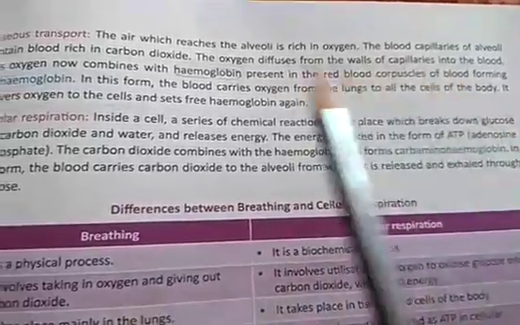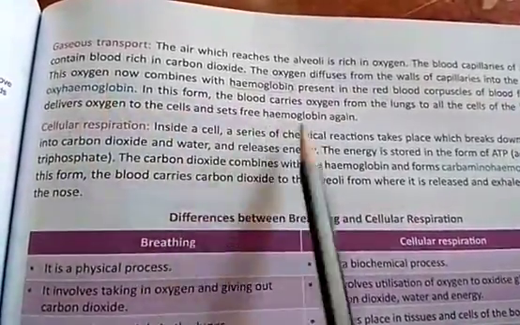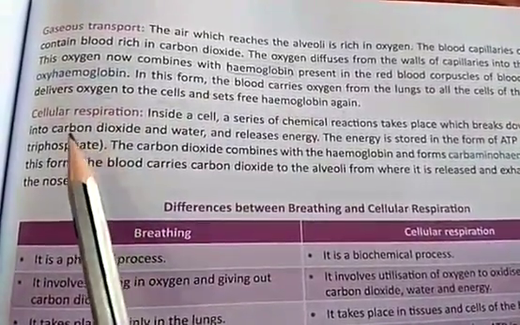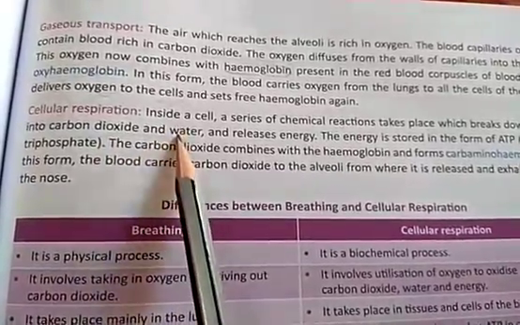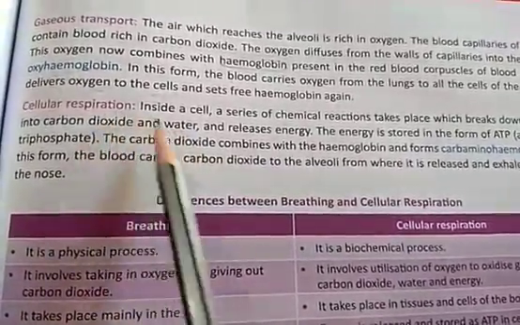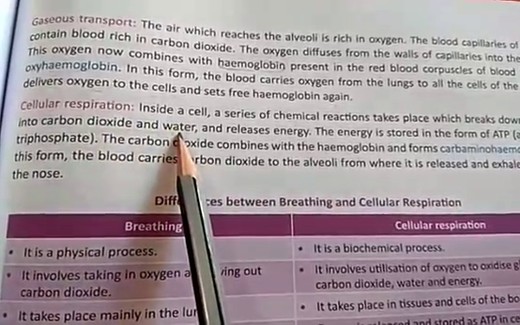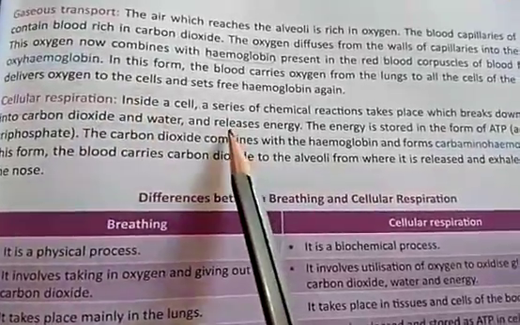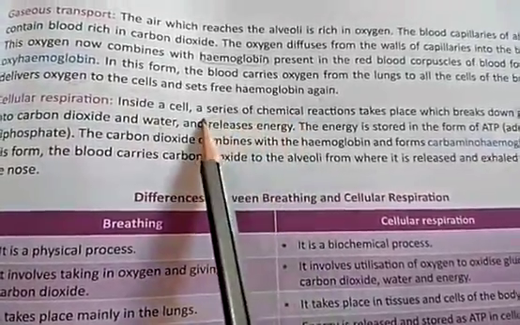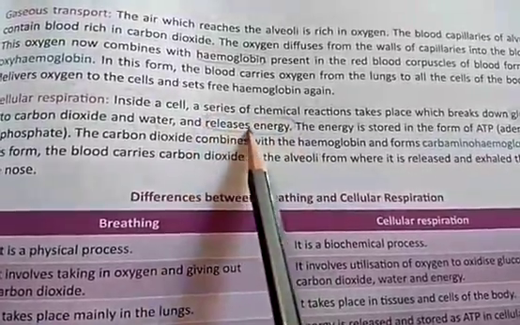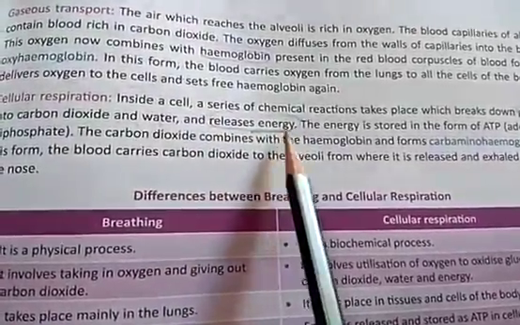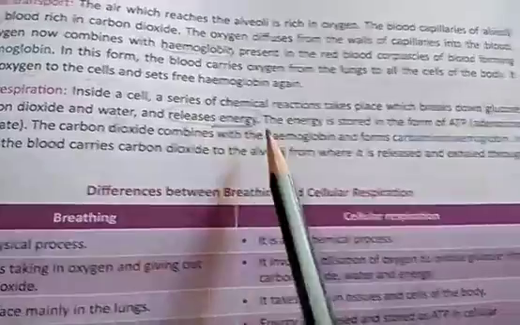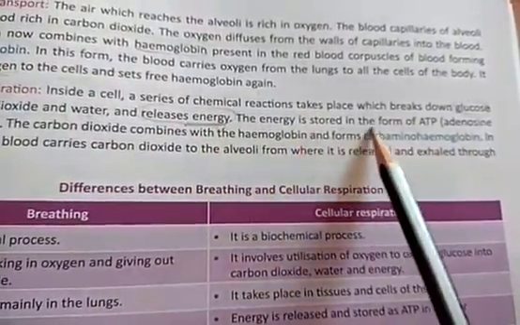So this glucose will react with the oxygen which we have taken in, and after reacting, what will be the products? Carbon dioxide, it is a waste product. Water, it is a waste product. We will exhale these gases, water in the water vapor form and carbon dioxide in the gas form. And what is the main product for which this respiration occurs? That is to produce energy. So every organism utilizes this produced energy for its survival. The energy is stored in the form of ATP.